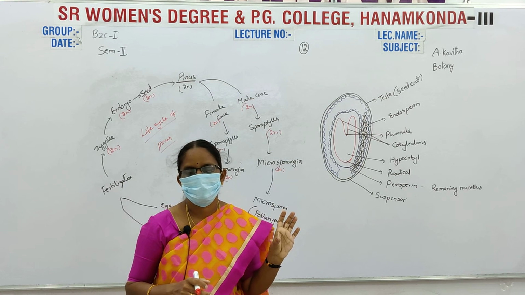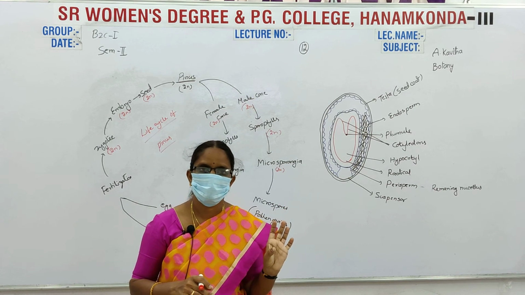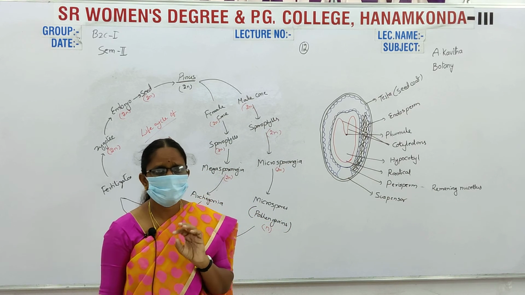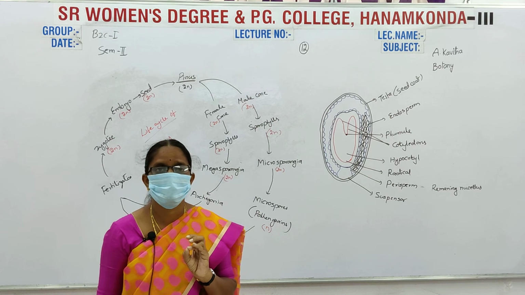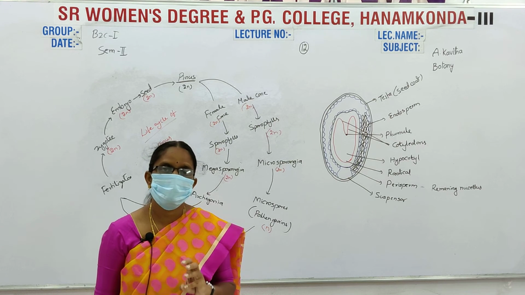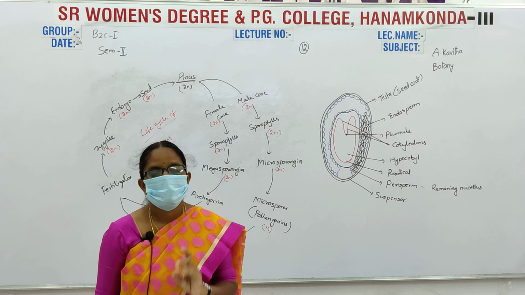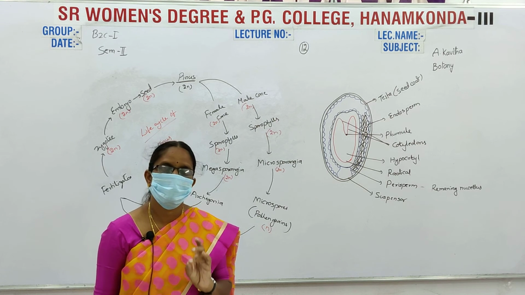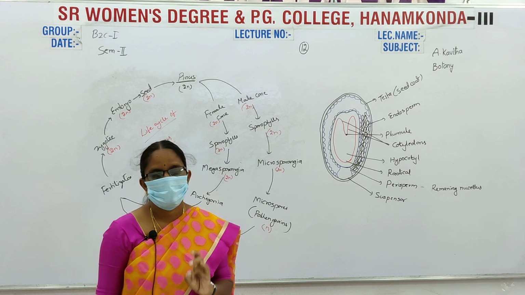The Pinus is very important. Pinus needle is also important. Pinus stem and Pinus needles are section cuttings in your practical examination. Pinus stem TS, TLS and RLS. TS means transverse section, RLS means radial longitudinal section, and TLS means tangential longitudinal section.